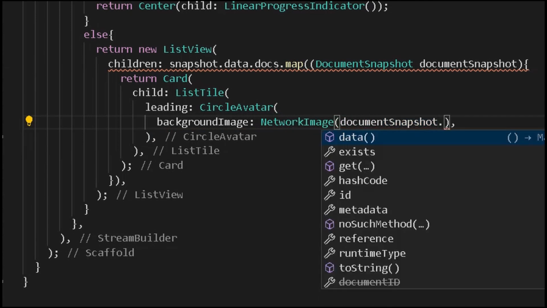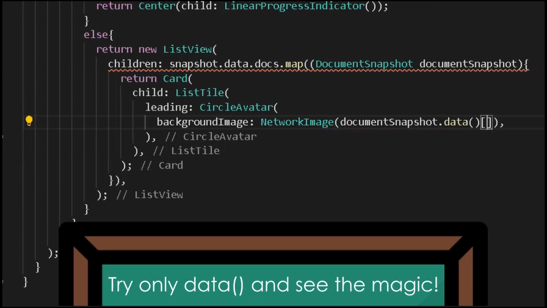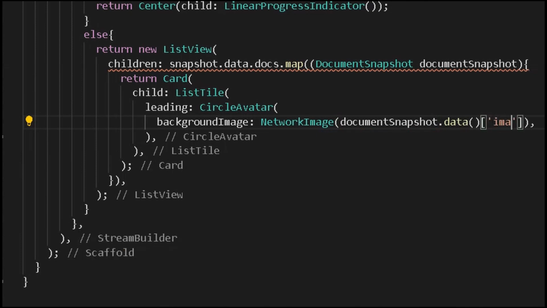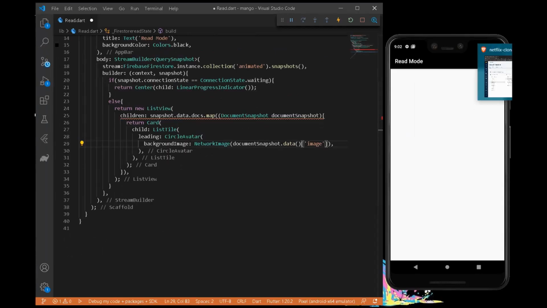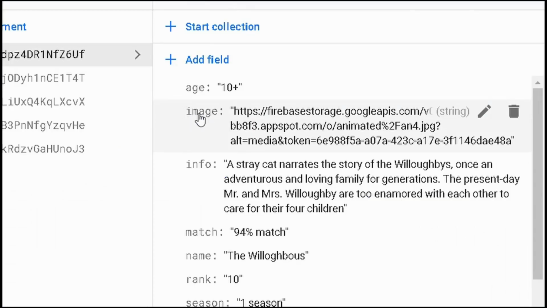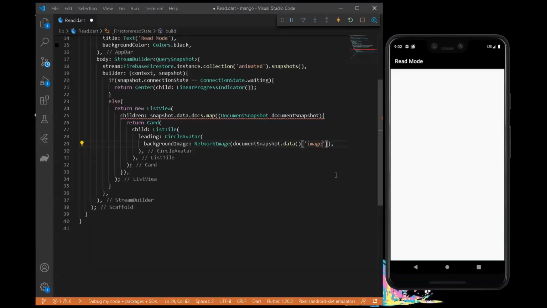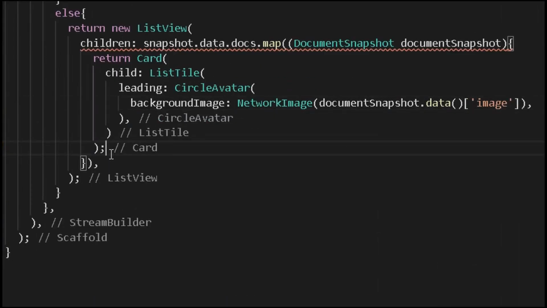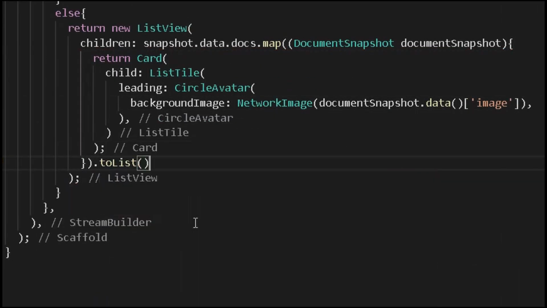Now we can fetch entire data snapshots from it after writing data, but to fetch a particular thing, you have to write the entity name of the following document snapshot. So here I will write image as the following entity, and if we check our Cloud Firestore, here we have an entity of an image which has a key to return an image itself. Also we are getting a red line warning about the following error, so we have to cover up the entire ListView with toList. Now after adding the following leading widget, we can add a text widget to it.